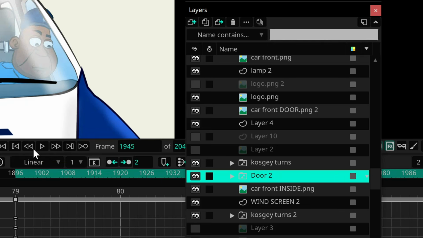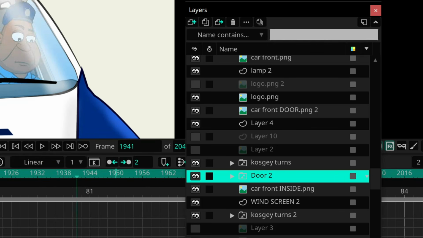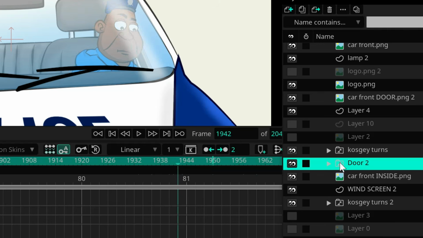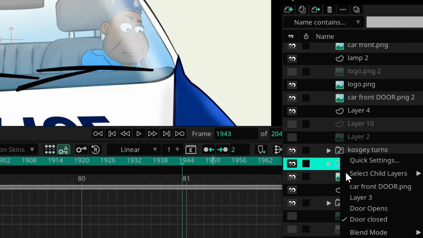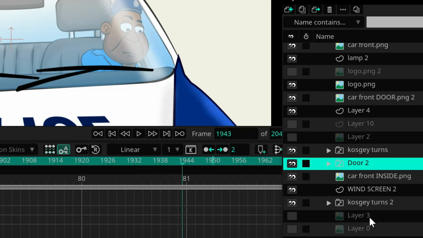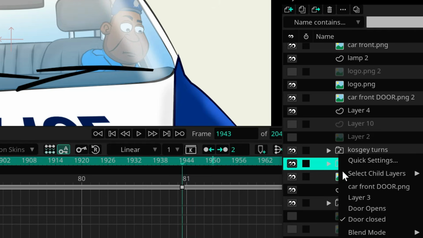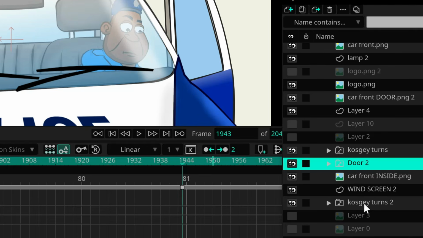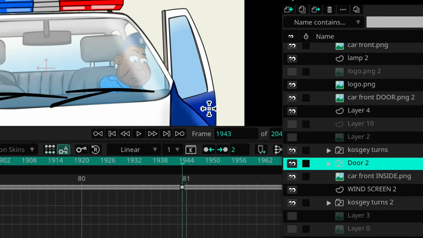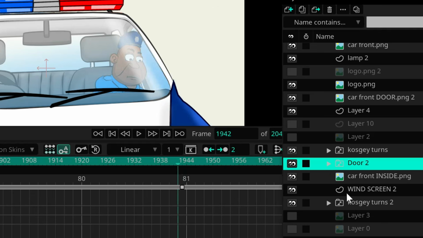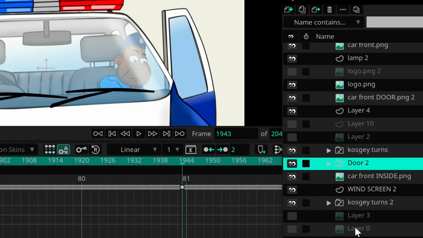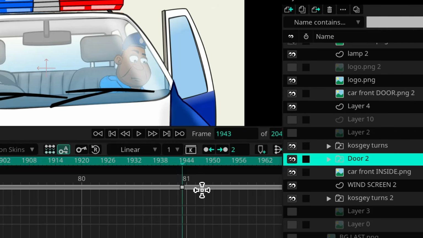So it begins, he pushes the door open. When he pushes the door open is when that animation should begin to happen. So we can have the door closed, we can keyframe it, and then there it opens. You can start the opening. So wait, that's not what should happen. What should happen actually